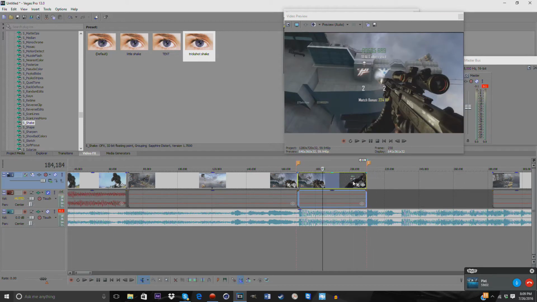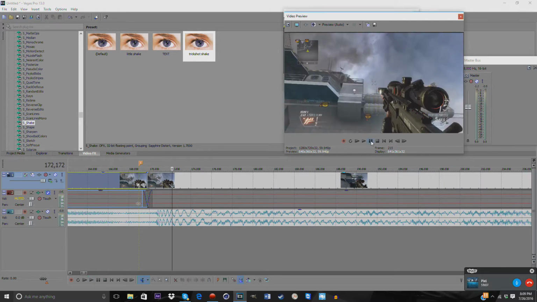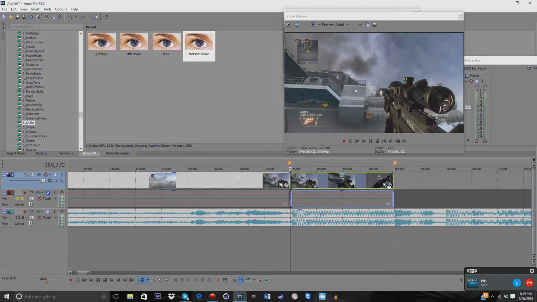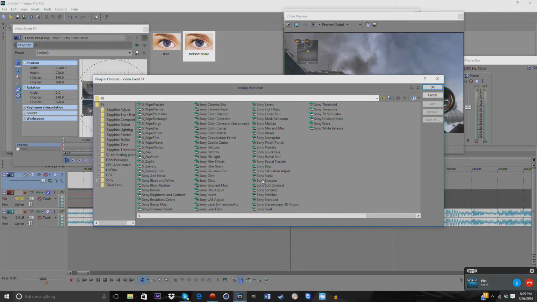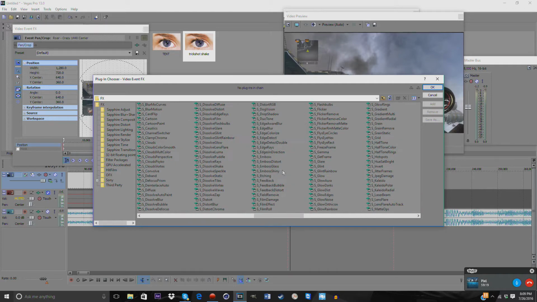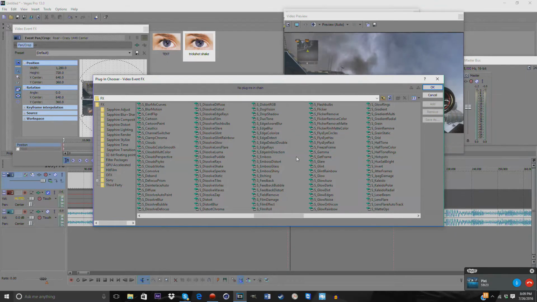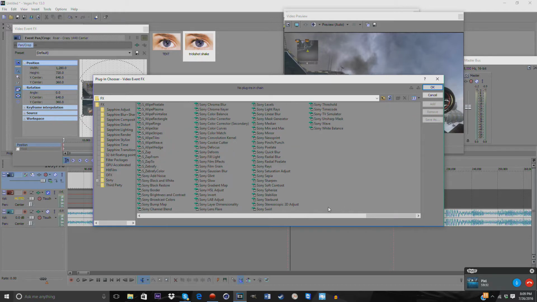Okay. So maybe, hold on. Let me. Why does this not look good? Oh yeah, whatever. It looks alright. So since most of y'all probably don't have plugins, which I'm gonna use most plugin effects, but there's always an alternative if you don't have that plugin, and I'll show you the alternatives that I'm using if there is one, obviously. So what I'm going to use is Magic Bullet Looks for this shot, and I'm going to use a brightness effect. Actually, no, I'm not going to use brightness. I'm going to use a